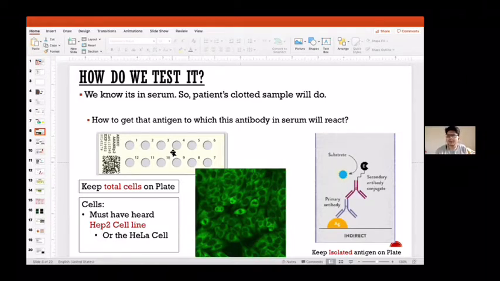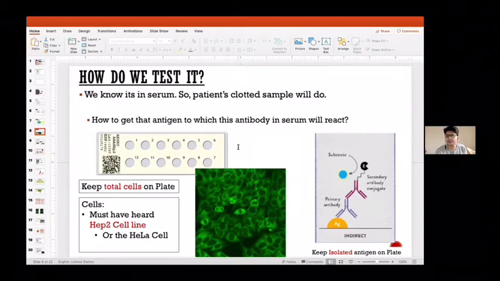Now, whatever concept we understand, our mind says, how does it matter to me? Like in my practice, how does it matter to me? When we are ordering a test for a patient, the cost of the test is almost paid by the patient. So we should be very judicious and offer the best available test. From next time when you're ordering ANA, make sure you are ordering immunofluorescence ANA, not the ELISA ANA. That is one thing you should keep in practice.